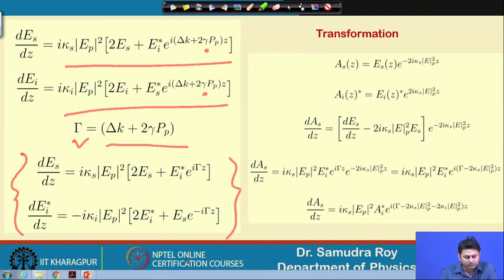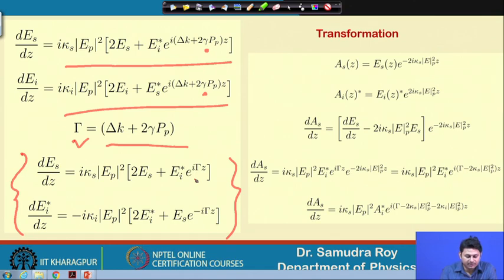This is the compact form of the differential equation, but still we need to solve these two coupled equations, which is important here. So far we are dealing with the differential equations of ES and EI, but not only one term, there are two terms associated with that. One is the self-phase modulation term and another is the four-wave mixing term. So, self-phase modulation and four-wave mixing terms are together, because this is the demand due to the physical process, this will be there.